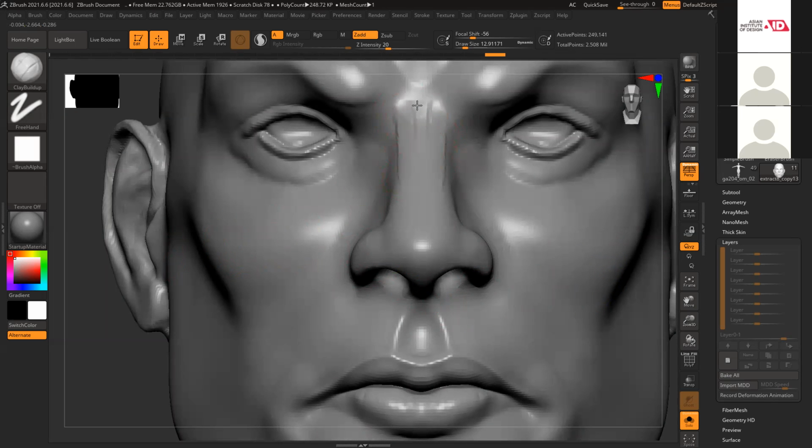Slightly broad, and this thing connects here. So this muscle is missing. Your nose bridge and cheekbones.